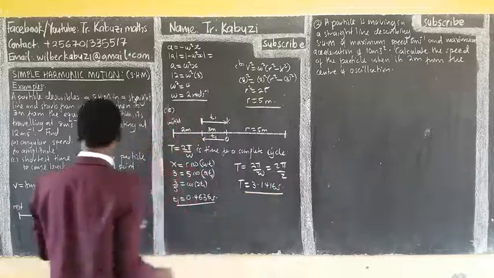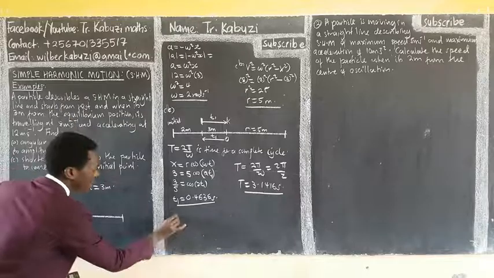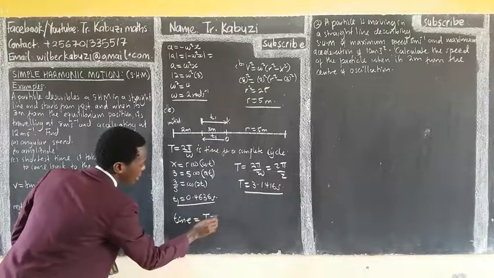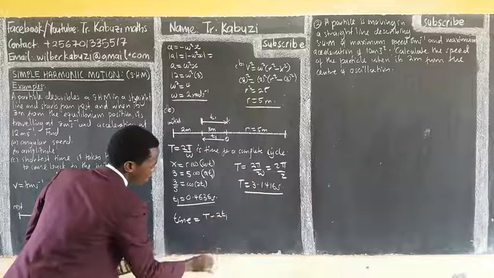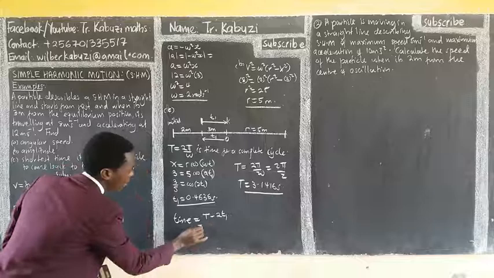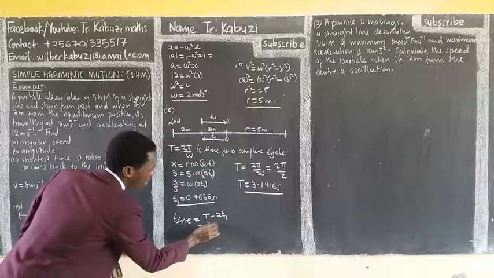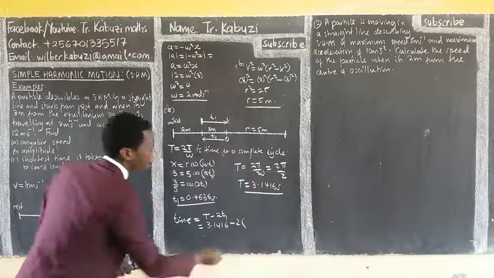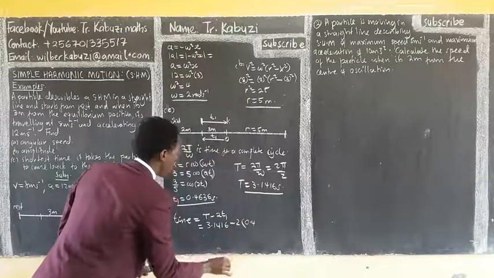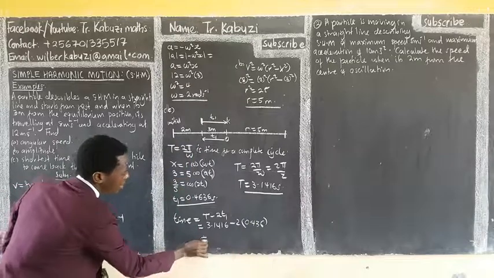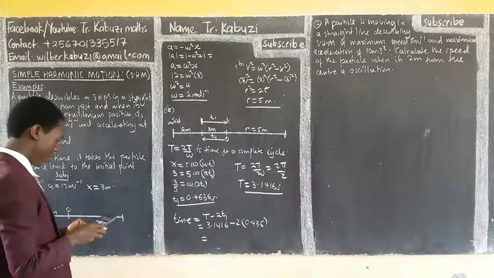So meaning that now the time to come back, the time I want, is going to be T minus 2t1, which is 3.1416 minus twice T1, 0.4636. So the time that it requires to come back to the initial position